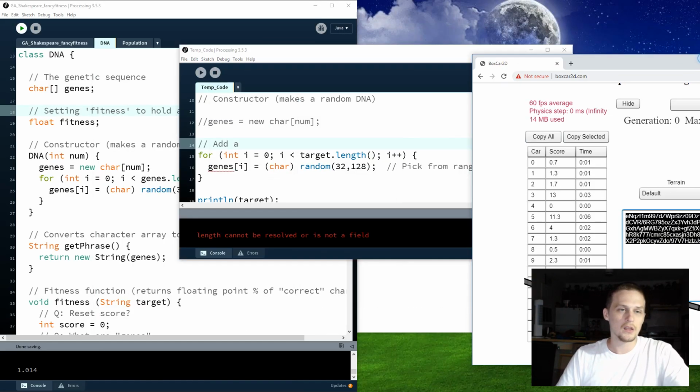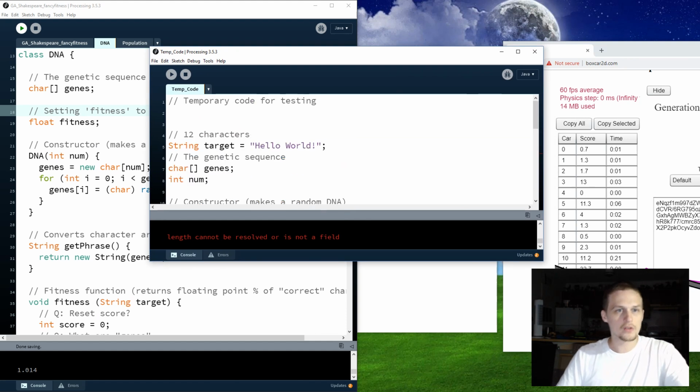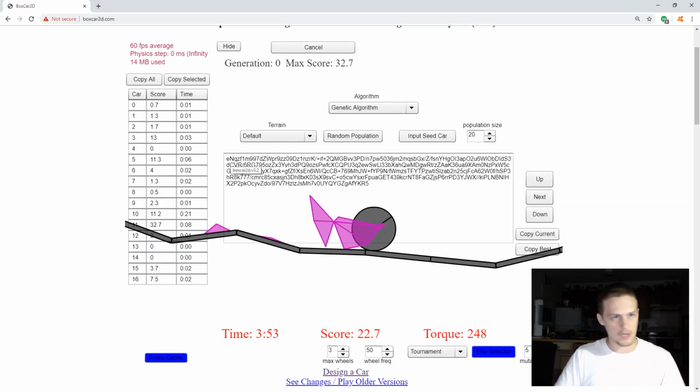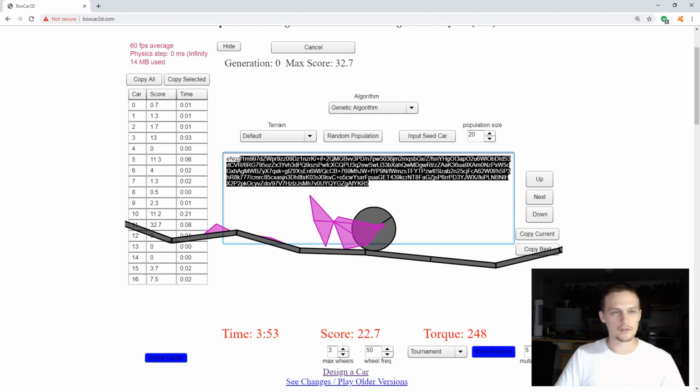In the processing here, the original target that I have has a maximum of 12 characters rather than ENQZ times 100,000 other letters. So instead of this quantity of characters in this code,